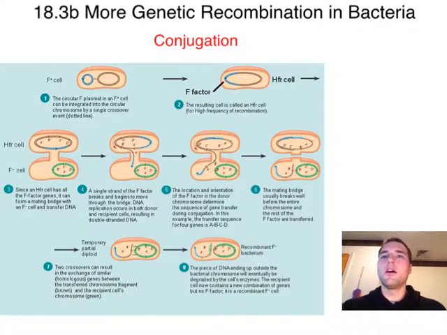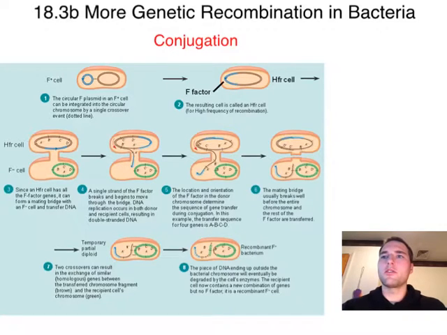So that F factor coded for the ability to make the sex pilus and the mating bridge. So that has happened here, and the F factor is going to do exactly what it did when it was part of a plasmid, the F plasmid, except that now, as it breaks apart and starts to go through its replication,